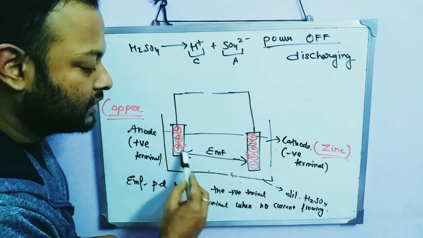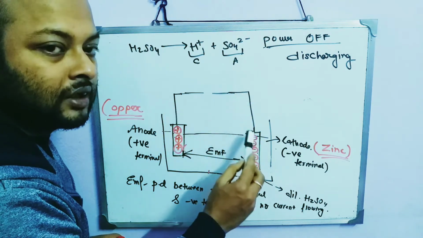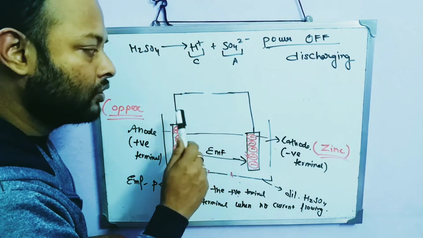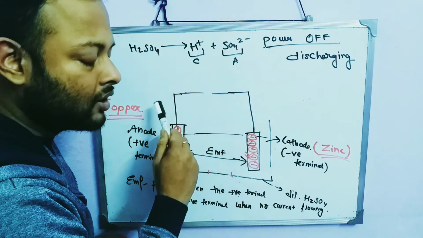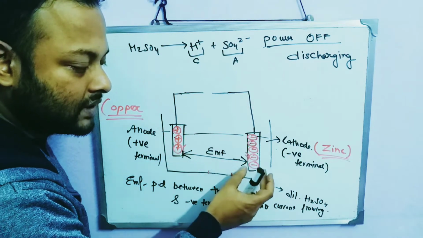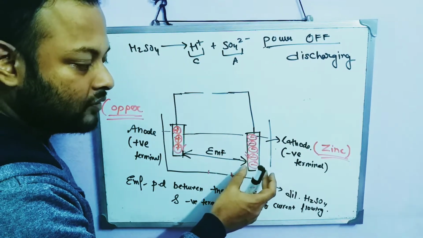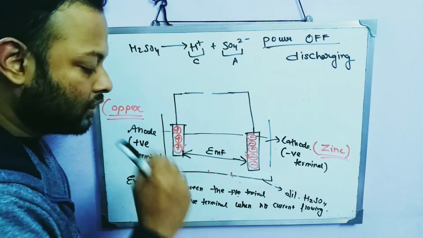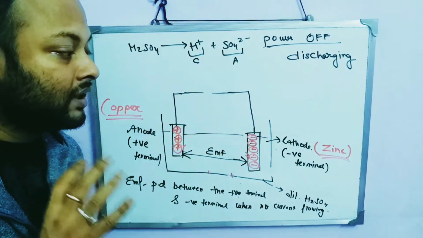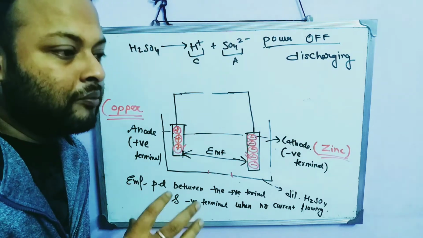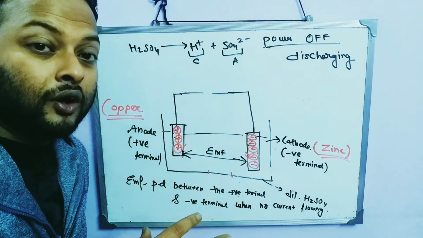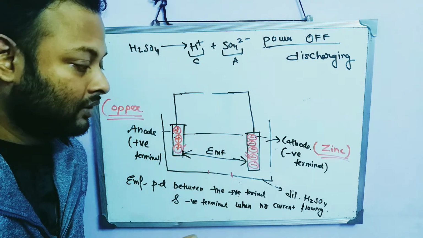See, this is the internal and this is the external. So when I have made this, I broke this circuit, so now no current is flowing. As a result, whatever the potential difference is there between this negative terminal and this positive terminal, that is called as the EMF. So I hope you understood what is EMF and how the mechanism of a battery is working.